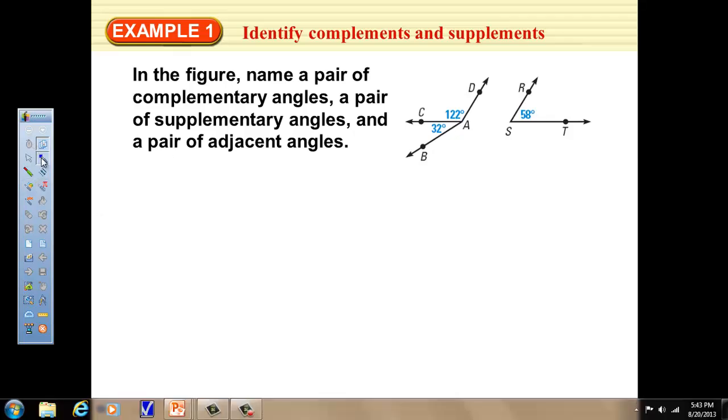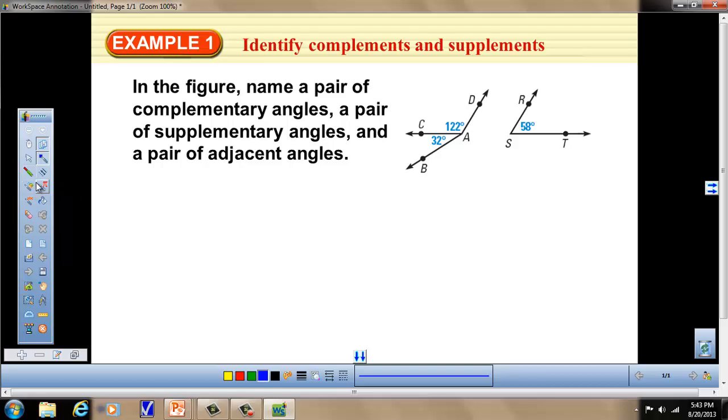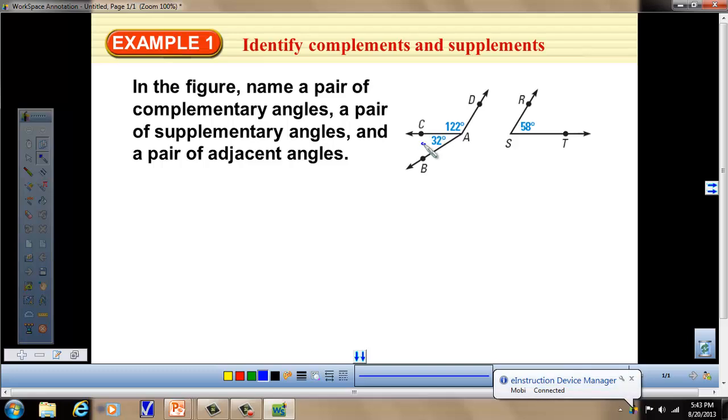So we're going to name the complementary figures first. These are two angles that add up to 90 degrees. And I would say of these three angles, it looks like this angle down here and this angle right here. If we look, 50 plus 30 is 80, and 8 plus 2 gives me 10. So that would give me 90 altogether. So we can say the complementary angles or complements